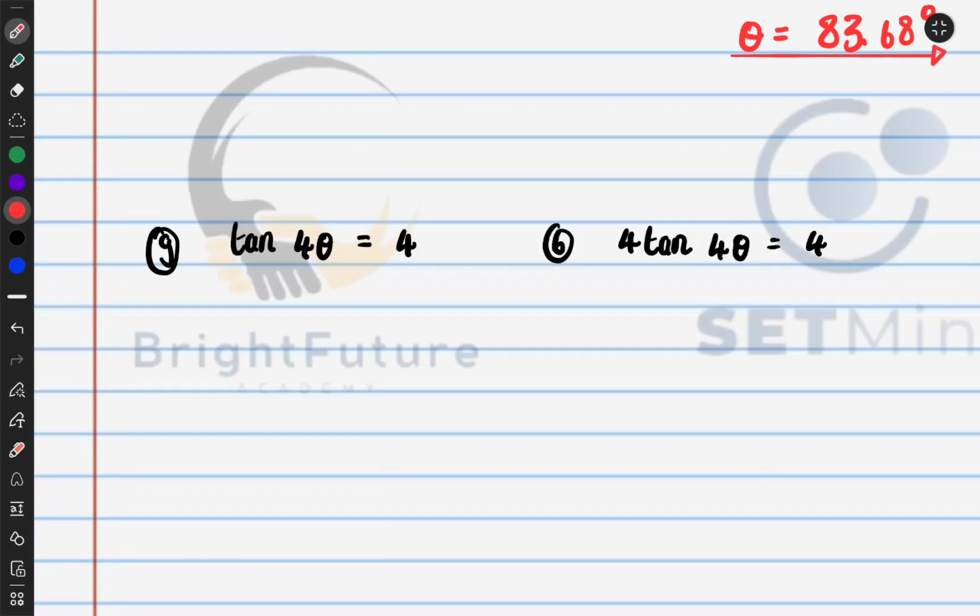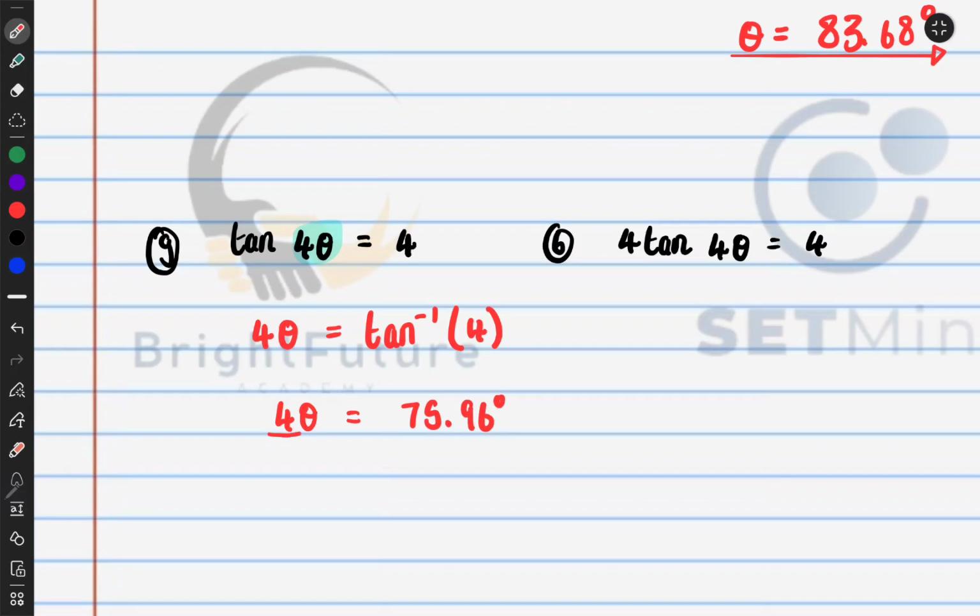Is equal to 4. It's not 4 degrees, it's equal to 4, just 4. It's the angles that have degrees, not the ratios. The ratio, they don't have degrees. Okay, so first step into solving for theta here, we're gonna take the tan to the other side, so we will be left with 4 theta, and then we have tan inverse of 4, we insert the ratio, and then for 4 theta, we calculate the tan inverse there, shift tan inverse of 4,